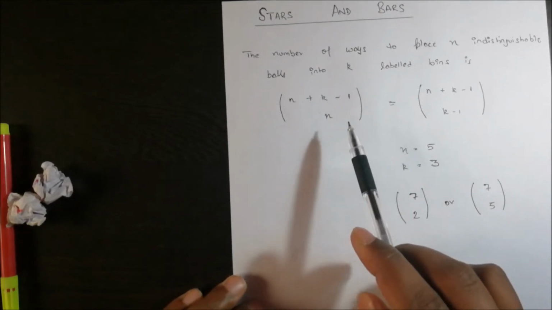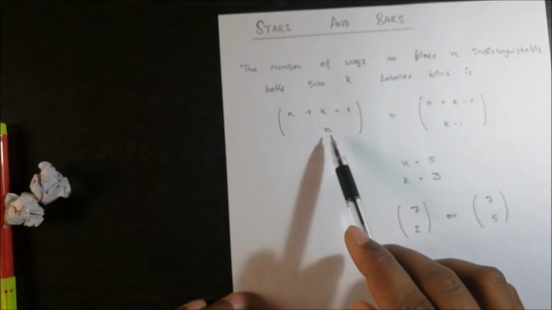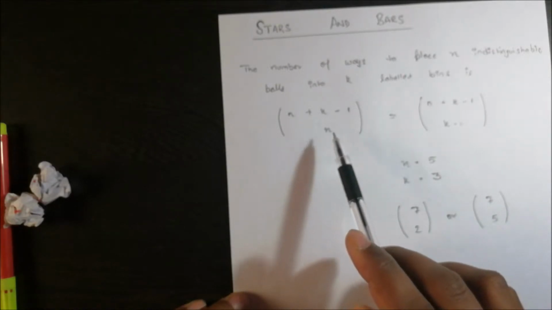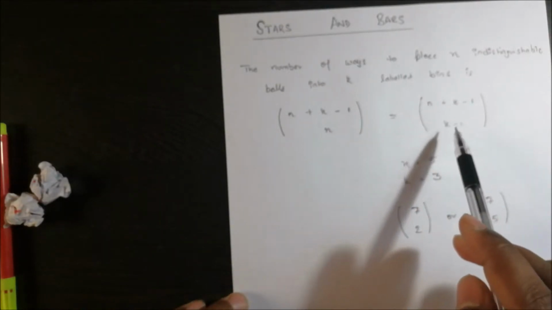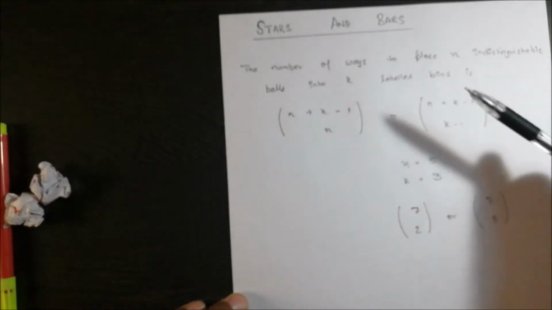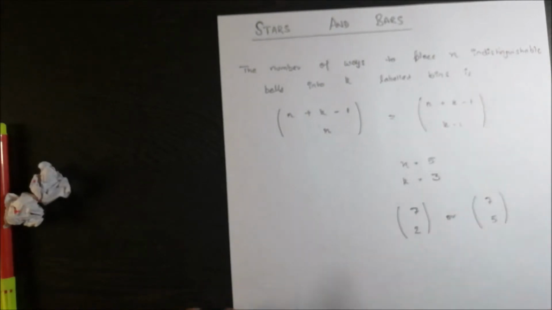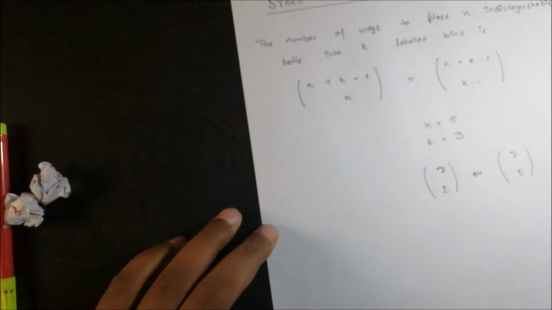In one formula, we are choosing places for stars, and there are n stars, and in this formula we are just choosing places for bars. For k partitions, there are k minus 1 bars. I hope you are with me. So let's solve a question